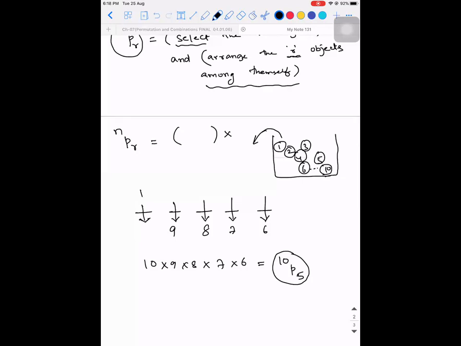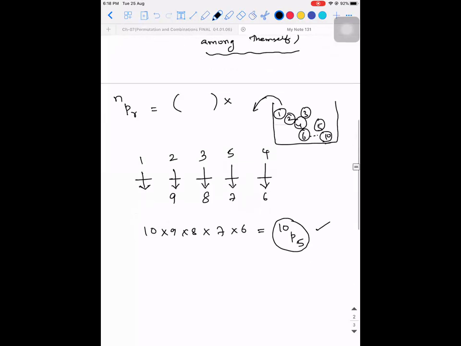Suppose I put the first ball here, I cannot use the first ball anywhere else because I've already used it, exhausted. Then 2, let's say 3, 5, and 4. How many such arrangements are possible? That is 10p5. Are you guys able to understand till this point? So what I'm trying to say is this 10p5,